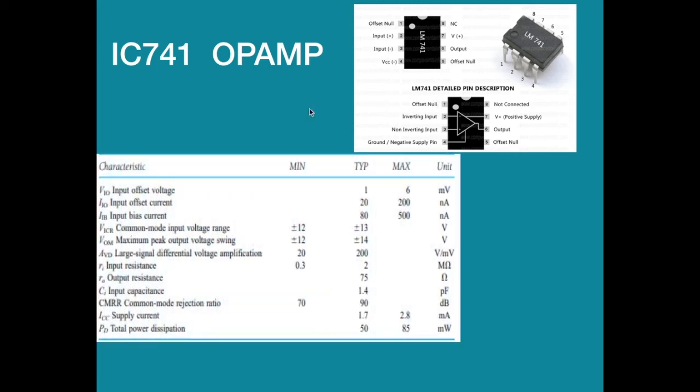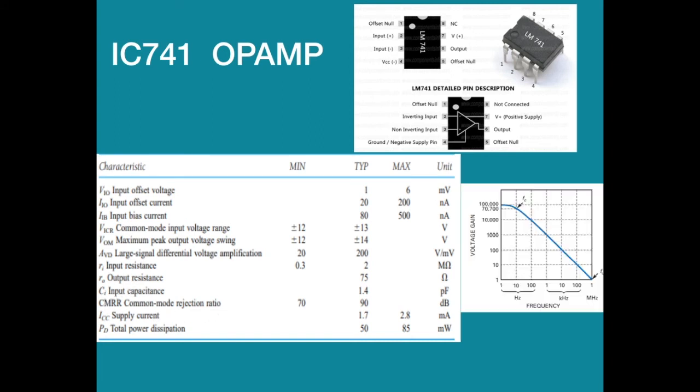These are the different characteristics of 741 op-amp. These are the different parameters. We have input offset voltage, input offset current, output resistance, the power dissipation, and so on. This is a very important parameter, that is common mode rejection ratio. Then we have this, shows the bandwidth of open loop configuration. You can see here. For low frequencies, it is offering very high gain. As the frequency rises, the gain reduces. So open loop bandwidth is very low as the open loop gain is high.